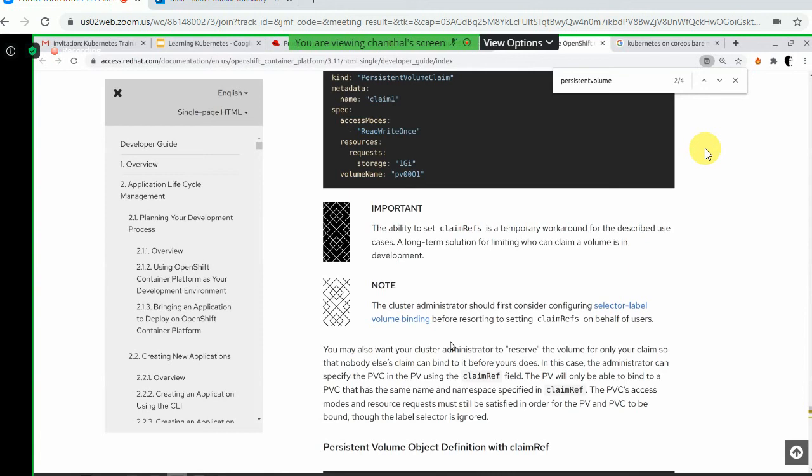So we have done the PV part 2. Now we are going to create an NFS pod YAML. I have already created a particular file for this. Let me make this file available to you because it's a long code. It would be very difficult for you to type. I'm going to make it available